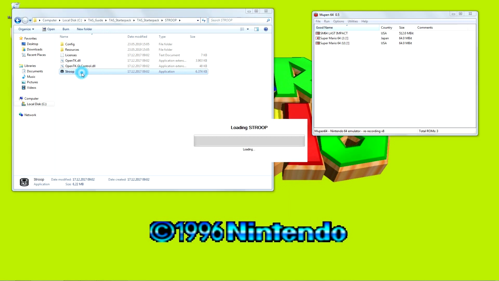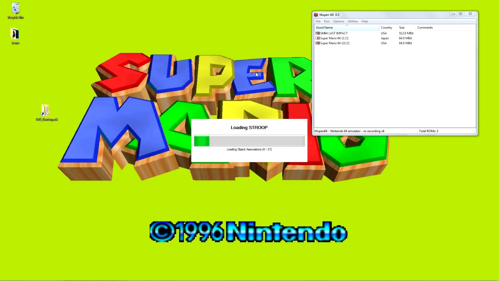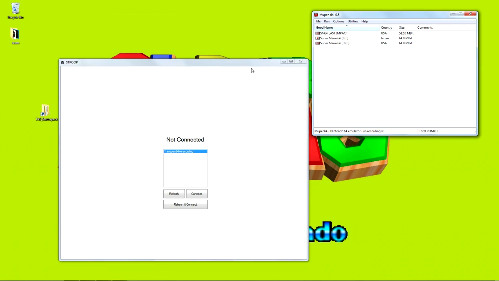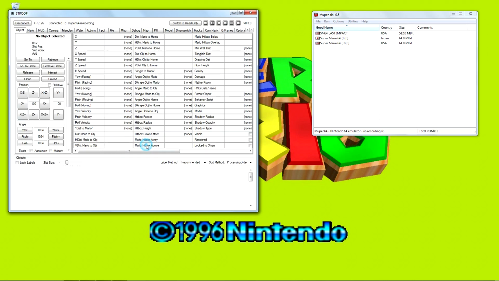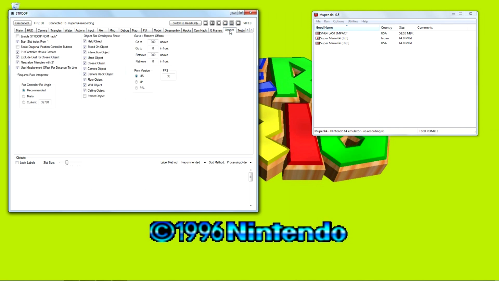You want to start this, and as you can see, this will show every emulator you can connect with, which is just the Mupen that is open right here. You want to connect, and the first thing I would recommend you to do is go to the options tab here